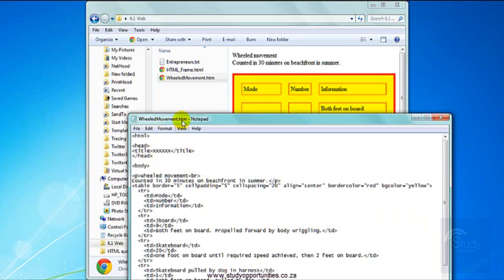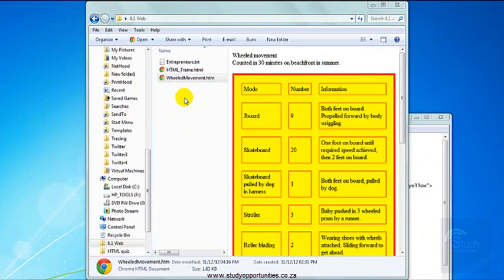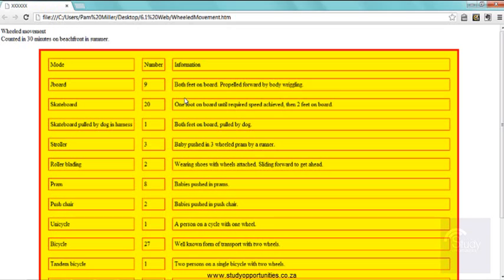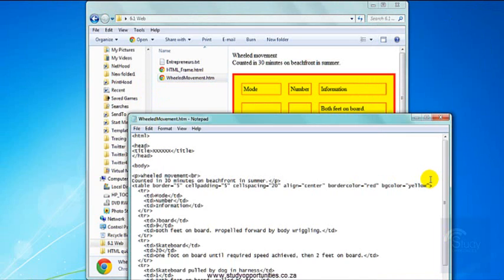Now, if I look at my table now with the browser, something's wrong with this table. I don't like it at all. Just wait. Yes. It is the whole screen, or almost the whole screen. It is much too big. Let me close this. I'm going to go back to my text editor, and I'm going to do something to